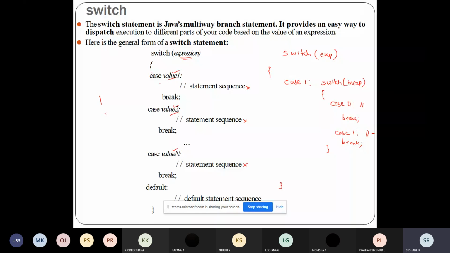Whether you're able to see any changes? Yes, sir.